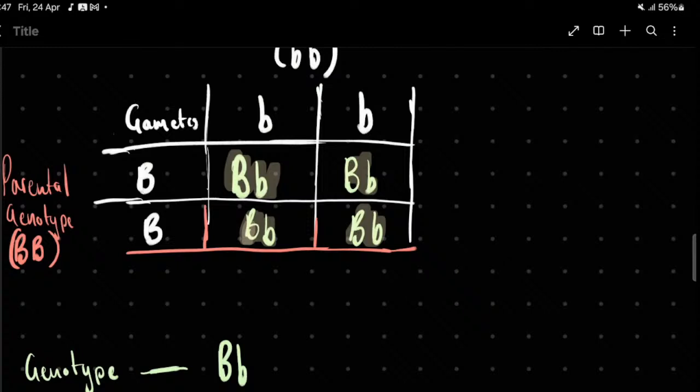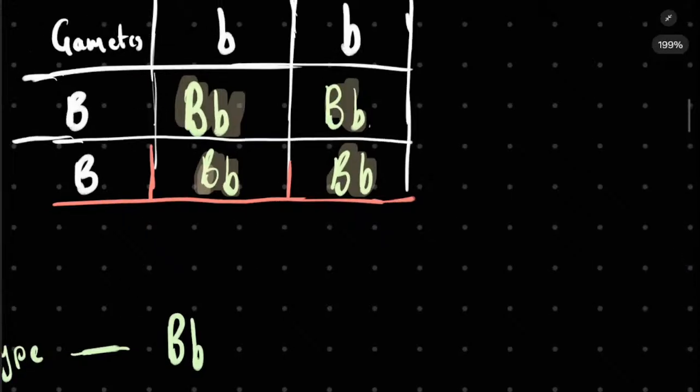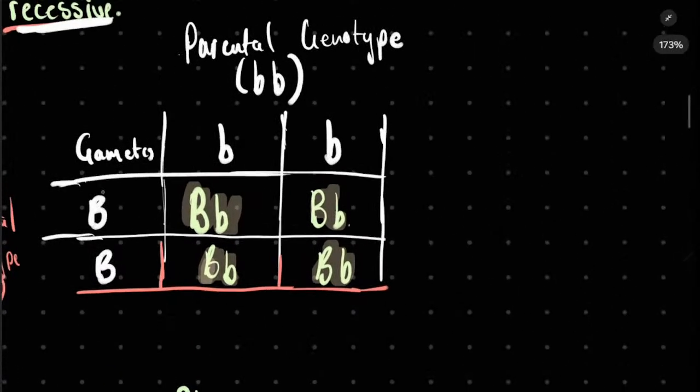If we had taken a purebred black, homozygous black fruit fly, and a yellow fruit fly, then all the kids would have been black because all of them would be heterozygous. So if you are told that all the offspring were black fruit flies, then you know what parents you used. You used